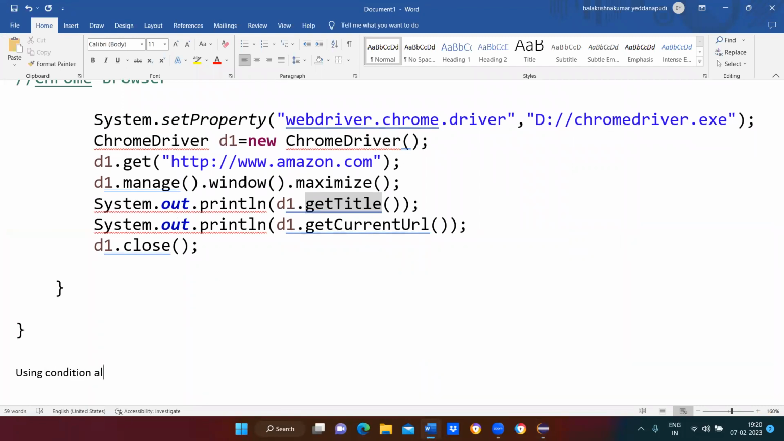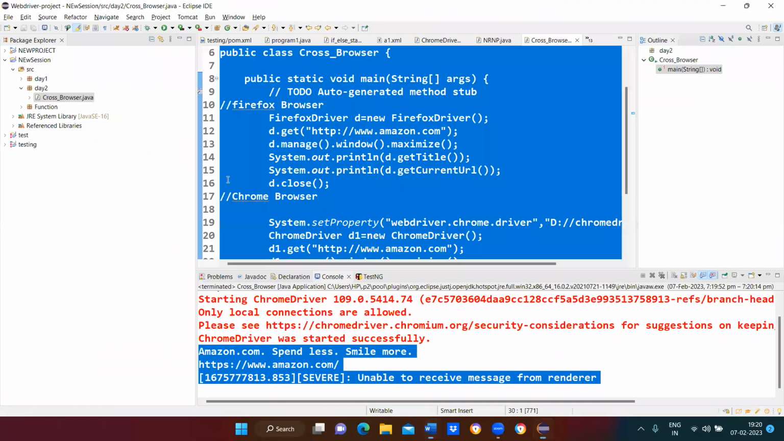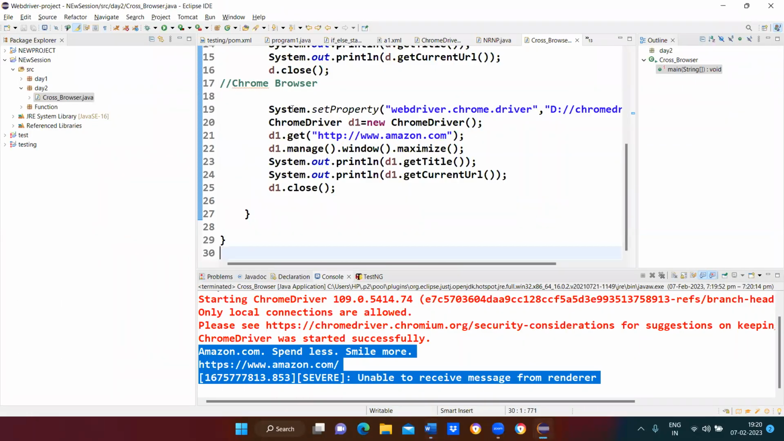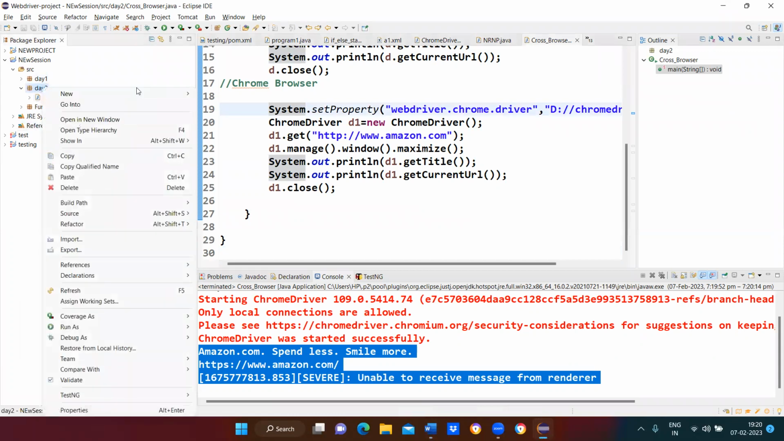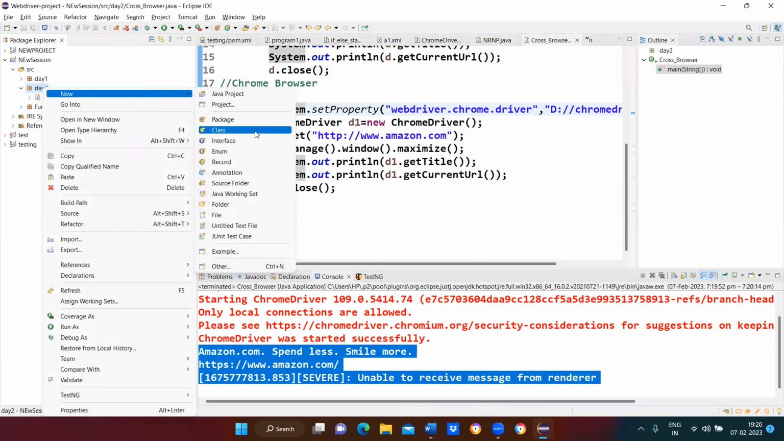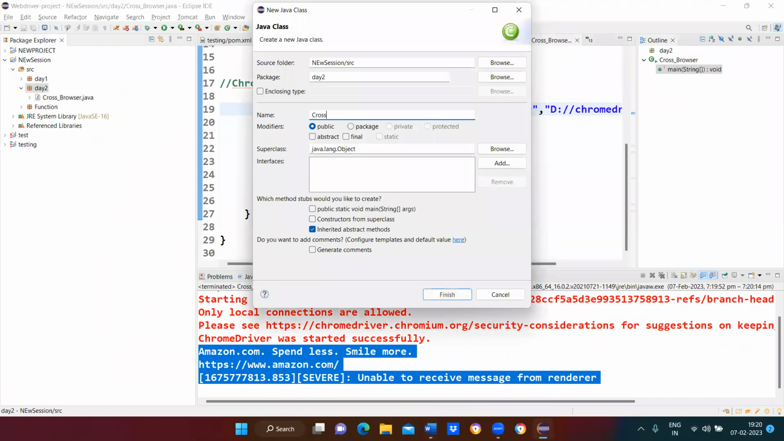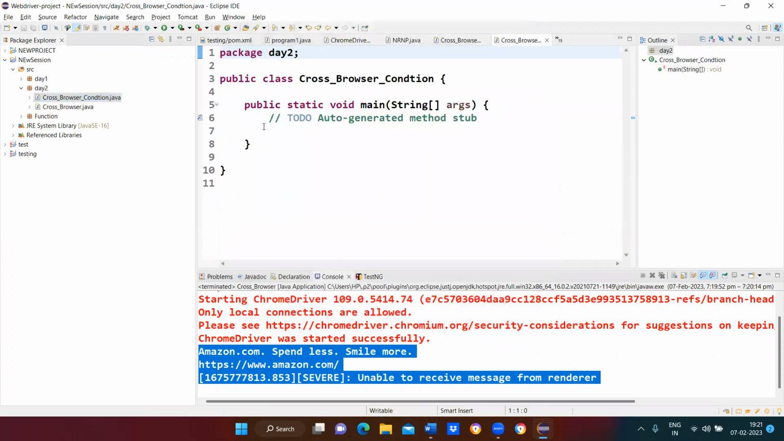Using conditional statements, we can check the cross browser testing. What I can do is create a new class: right click, go to new, click on class, and name it cross_browser_condition. Public static void main, click finish. Now I'm going to declare